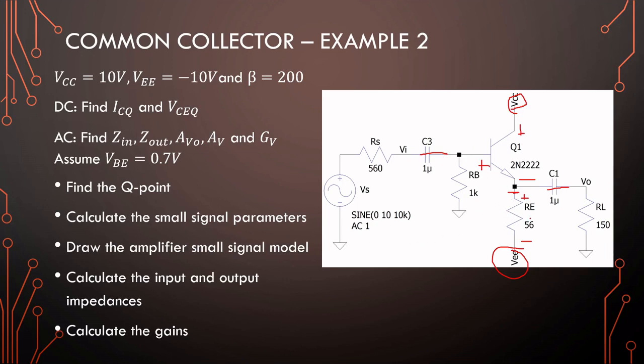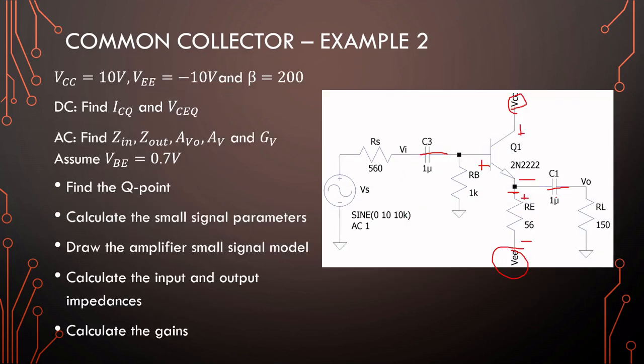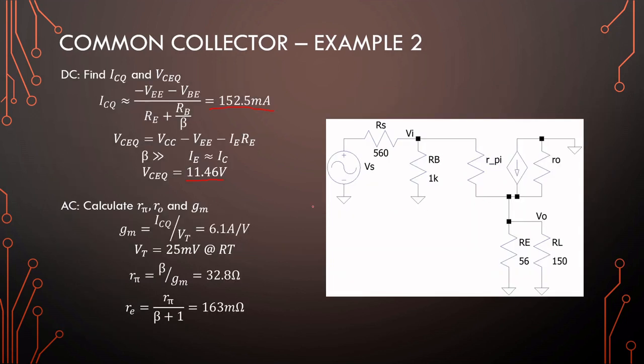So there's a bit of a drop over our emitter resistor here. Okay, so 1.4 volts. So this is minus 1.4 at this node. Anyway,